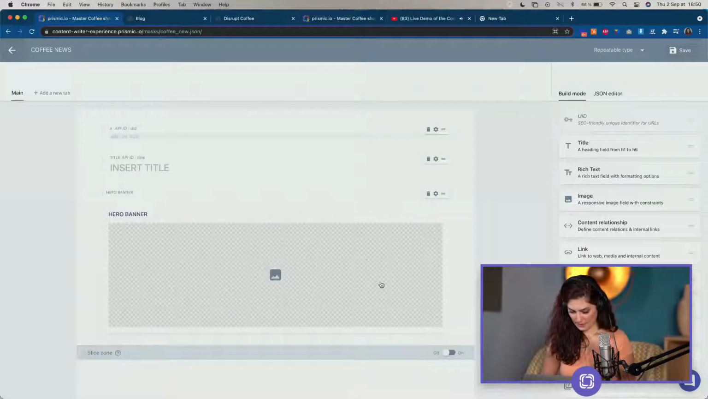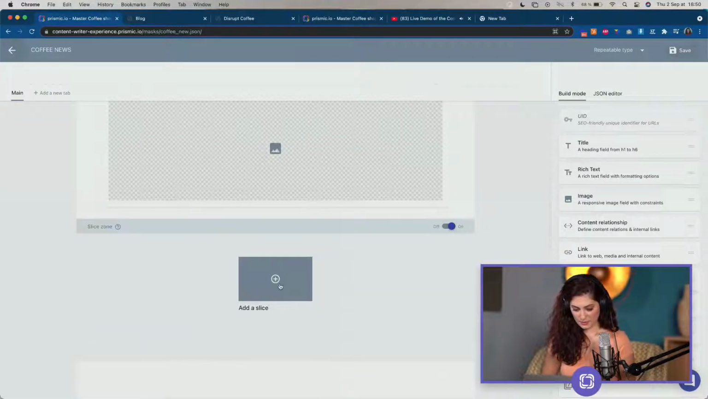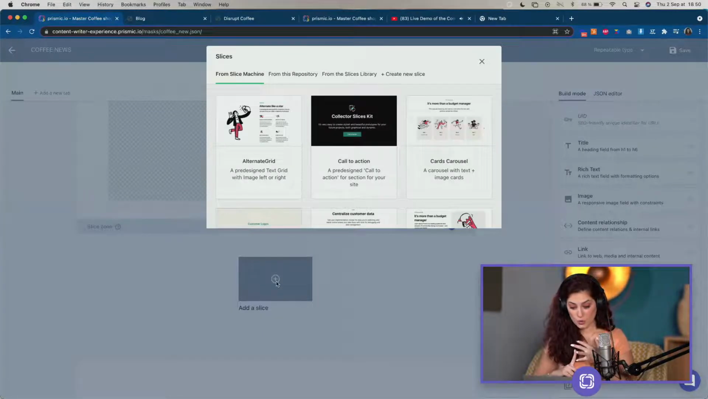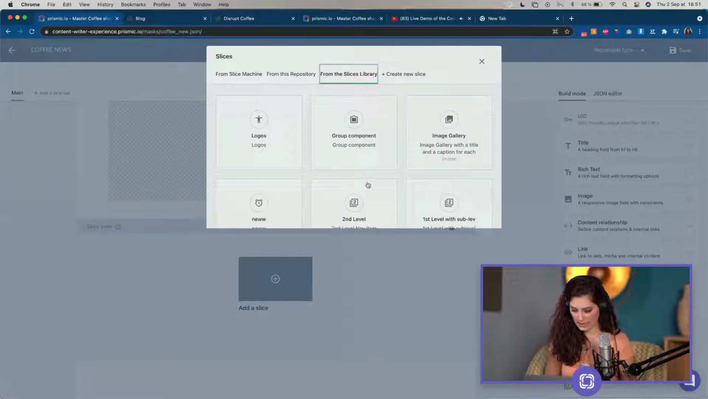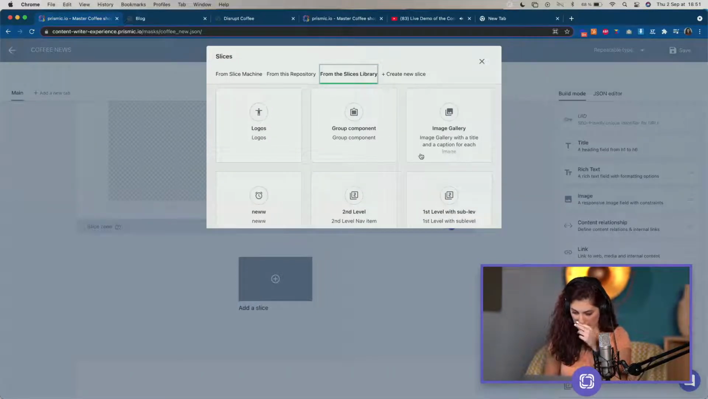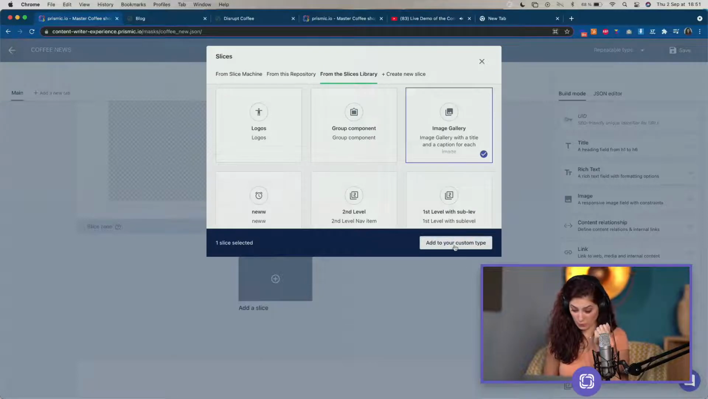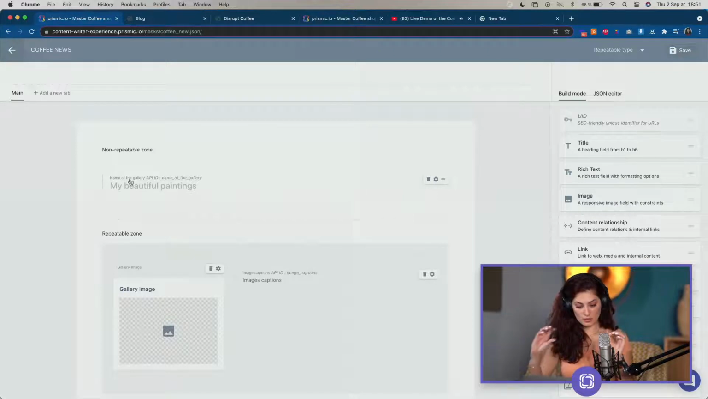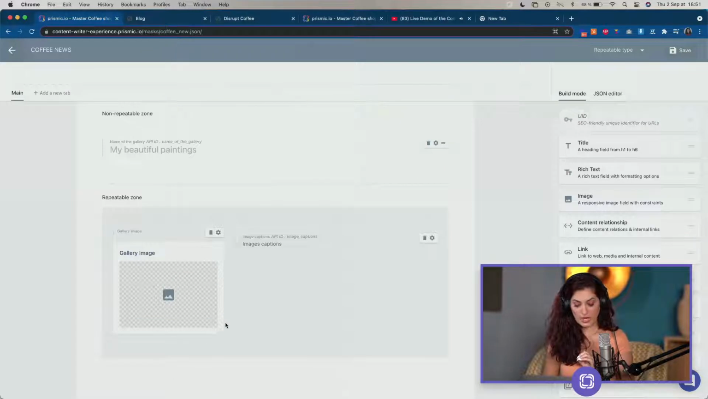Now, enabling my slice zone, I will be able to either create slices on my own or choose some slices that I already created before and saved to my slice library because they are common and in sync with my design. So I will choose one from my slice library, and I'm going to choose the image gallery one. As you can see, in my slice I have a section on top which is non-repeatable, which contains a field for title. And then in the repeatable zone, I have an image field,